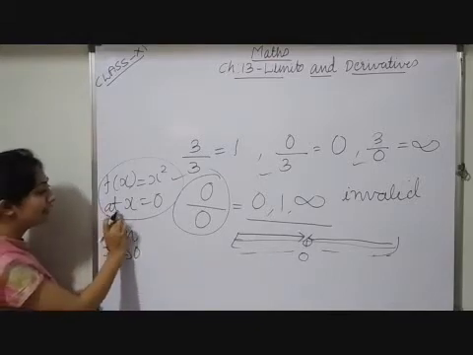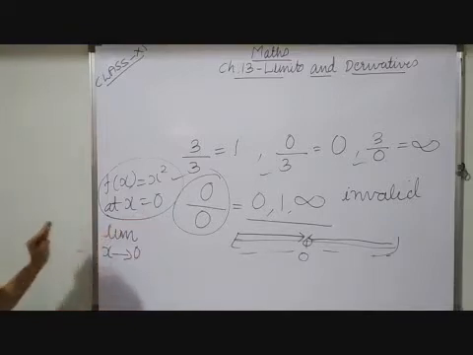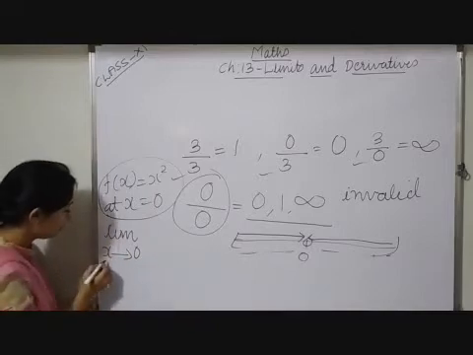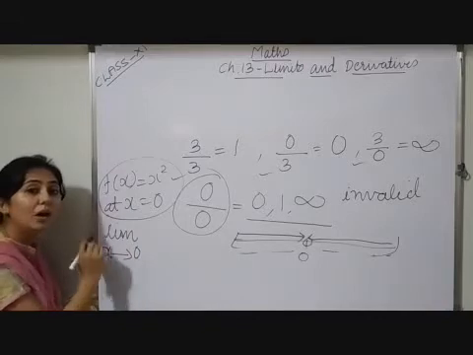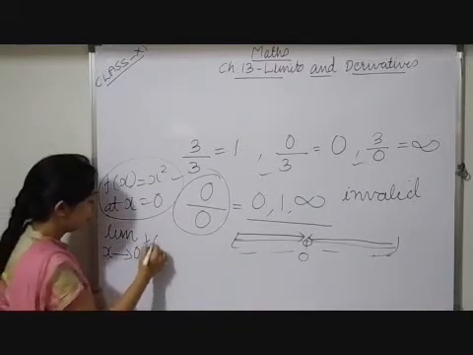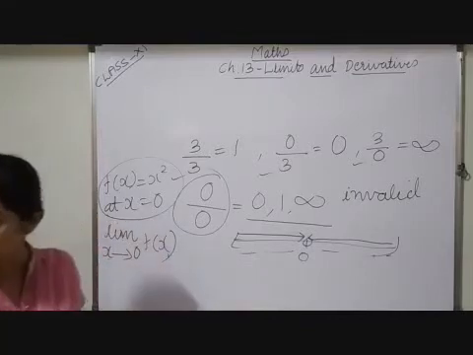Here we are writing at x equals 0. In place of the exact value, we are having approaching values, nearly equal to 0. So that is why we can read it as limit x tends to 0 or limit approaches 0. Both are correct only. f of x. Now in place of that, if we substitute x square, the answer is going to be the same only.